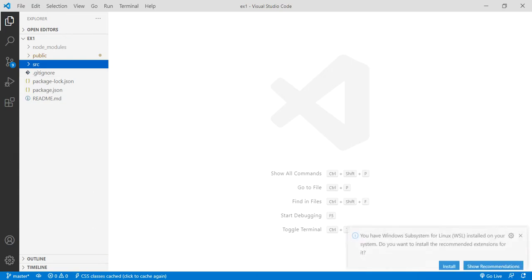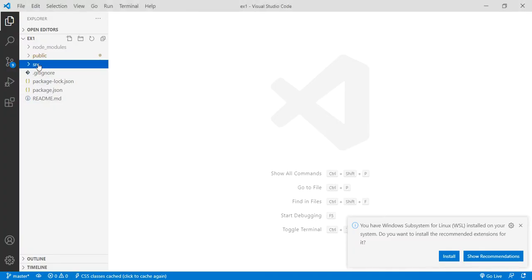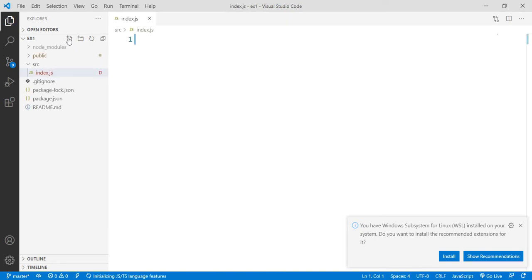Now let us create our index.js file. In React, we are going to create all our JavaScript files only. So in this folder we should have one index.js file. Okay, I created the index.js file.